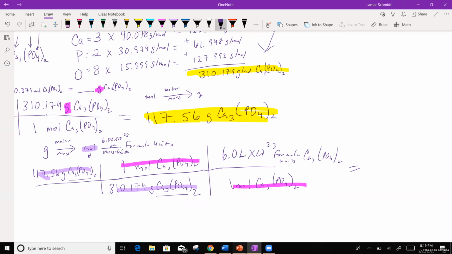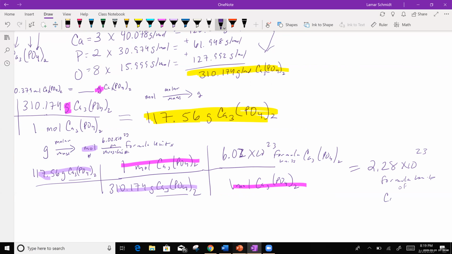Make sure you know that's a 2. You should know that anyway. Times 6.02 times 10 to the 23rd, and you should get 2.28 times 10 to the 23rd formula units